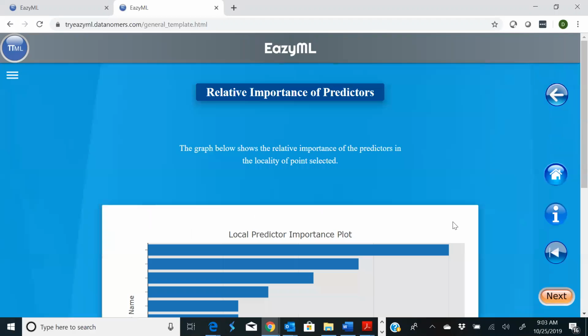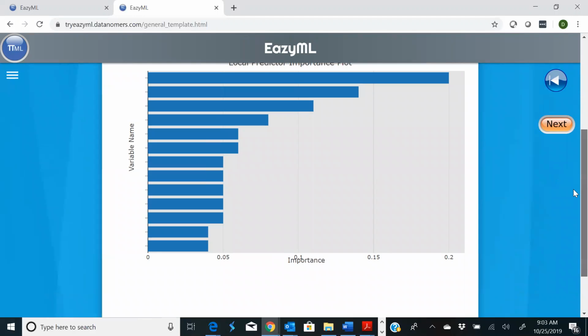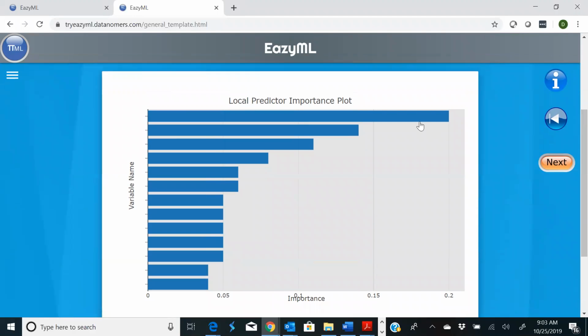Well, let's select Y. And here's the transparent machine telling you input 6 was the most important in my consideration for predicting an outcome of poor, followed by input 5, and so on and so forth. See, not only has it accurately predicted your work, it's also explaining to you why it made those predictions, transparently. Such is the beauty of EazyML platform.